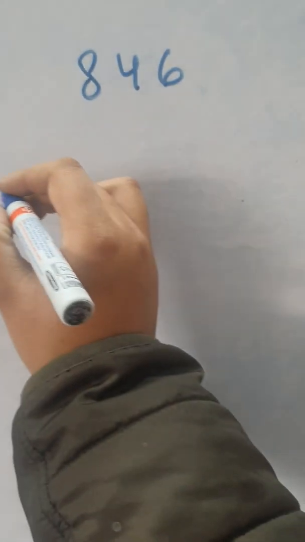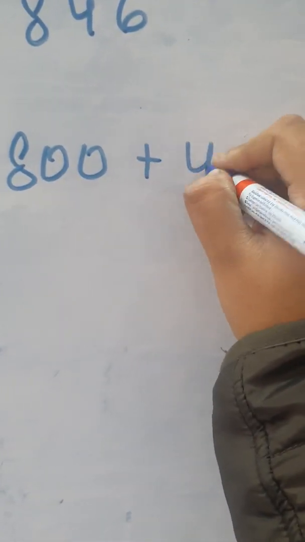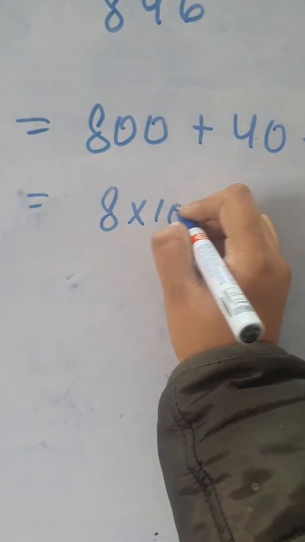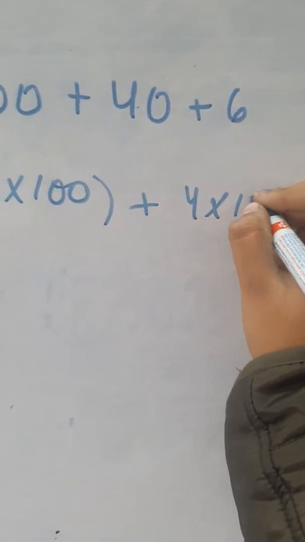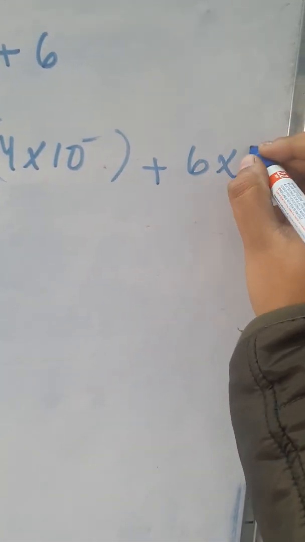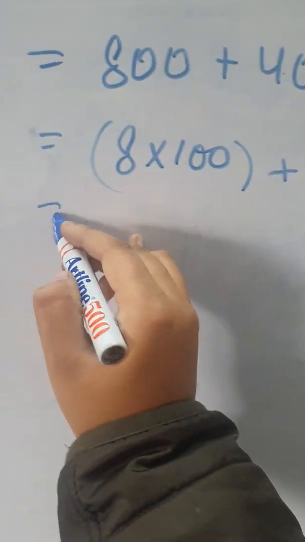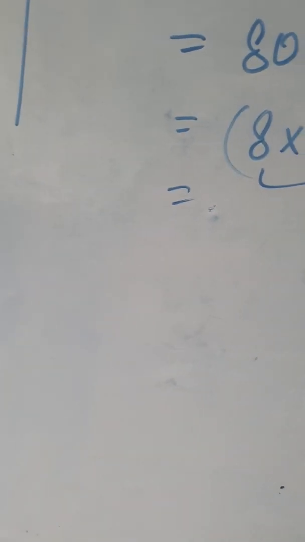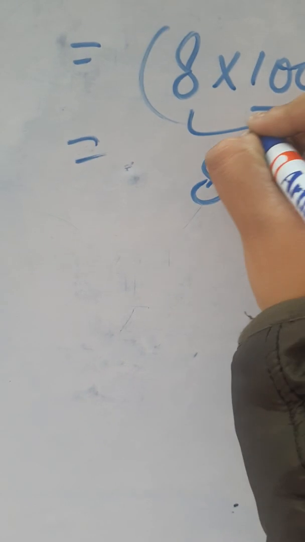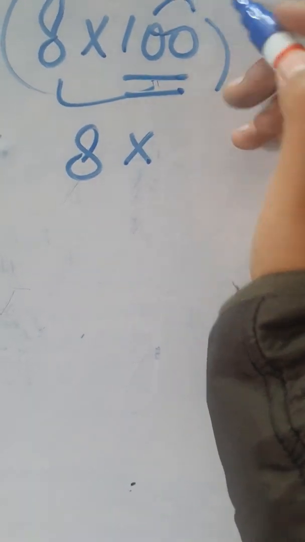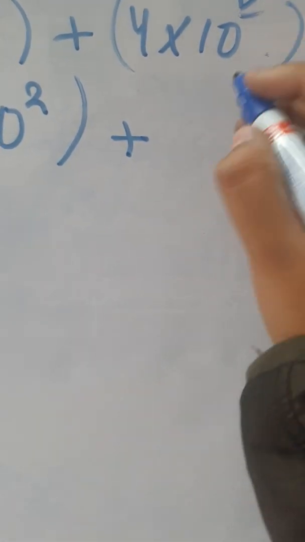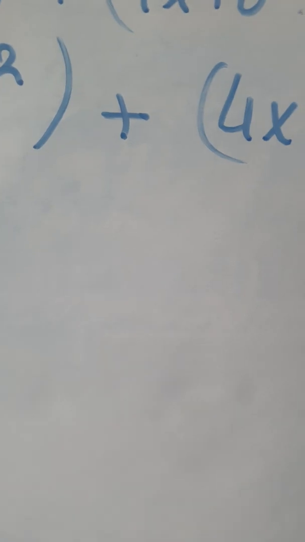Now we need to expand expressions. Let's see how. This number can be written as 800 plus 40 plus 6, and this can be written as 8 into 100 plus 4 into 10 plus 6 into 1, and this can be expressed in exponential form. So 8 into 100 is 10 to the power 2, because there are 2 zeros. So 10 to the power 2 plus 4 into 10, that is 10 to the power 1,